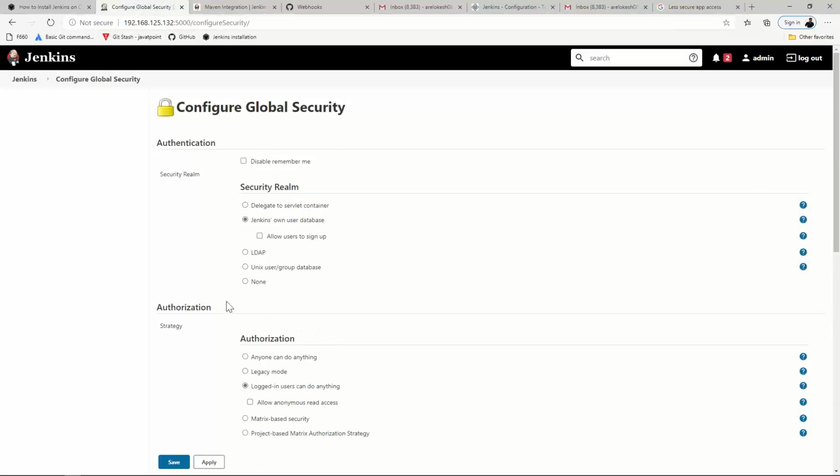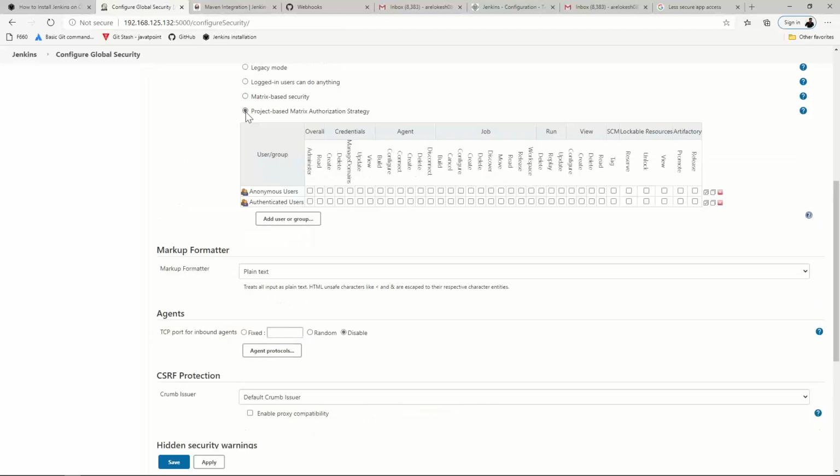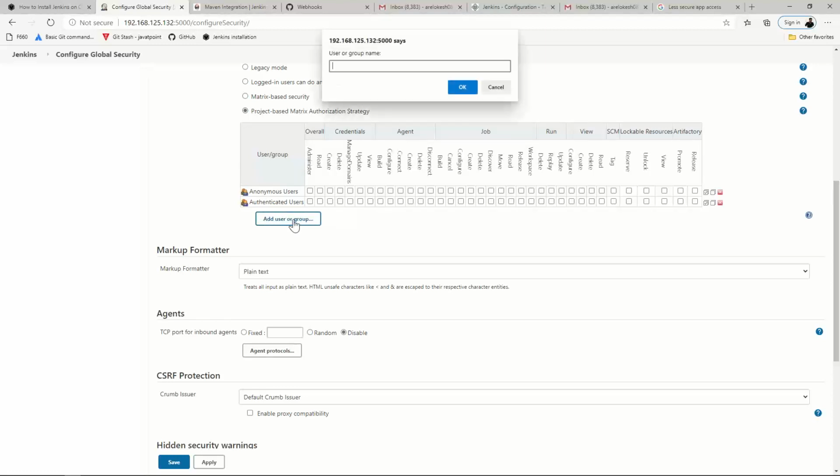Scroll down and click on Project-based Matrix Authorization. You see this Add user or group. Click on that. Over there, type dev team. You've already created it, right? Click on that.